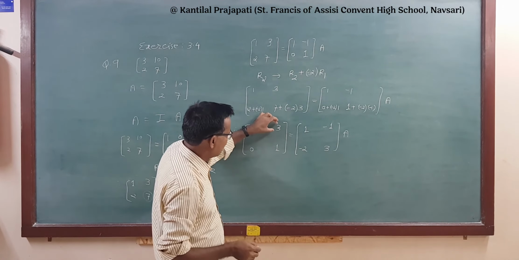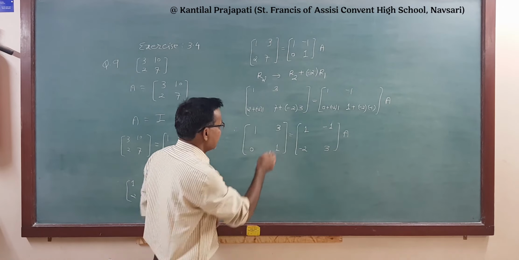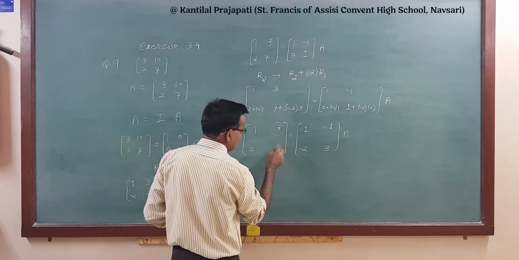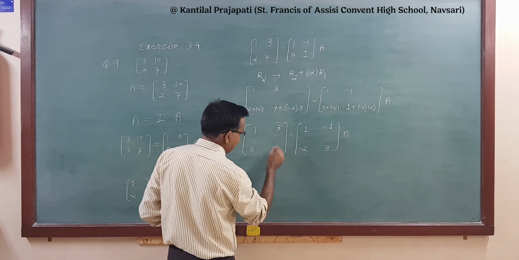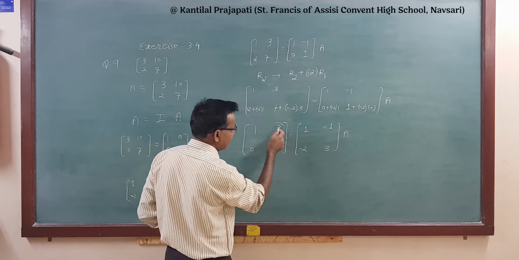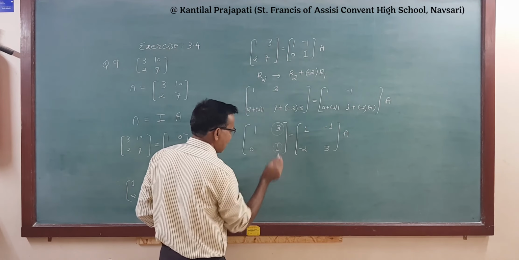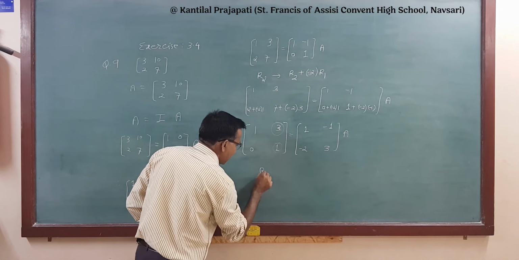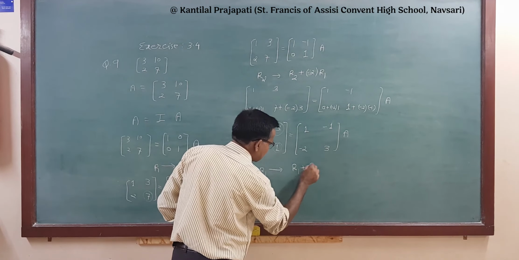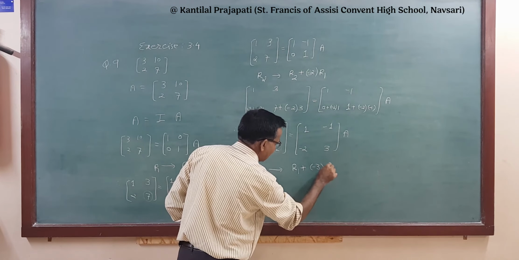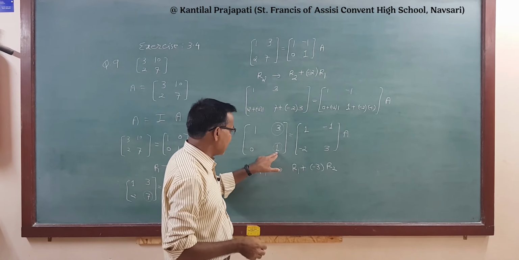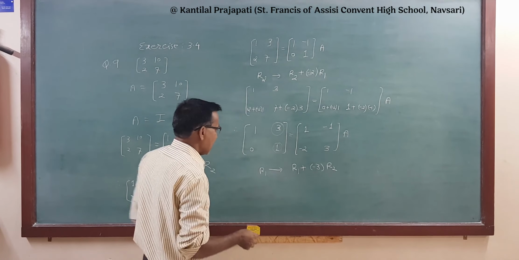Now 1 0 is remain, to get 0 here, right? That is in first row. So we have to apply what? That this row, second row, is multiplied by, that is this element is multiplied by minus 3 and added into first row, right? So we apply here in R1 the notation. So what is it? R1 plus minus 3 into R2. Second row is multiplied by minus 3 and added into first row, and therefore we get